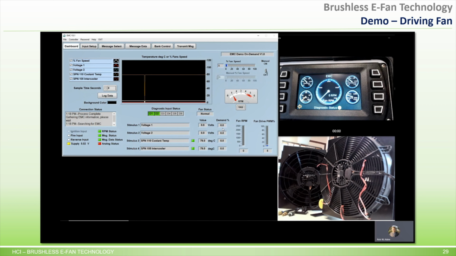Over to the right, we have the demand. So we'll be able to look at the demand as I turn the temperature and the voltage up. We can see what demand each input is producing, and then we can actually see the fan reacting to that demand. Over here, we can see the fan RPM, and right above it, we can monitor the engine RPM. Above that is a very nice feature of the EMC controller: we can actually run the fan in manual mode, which is a